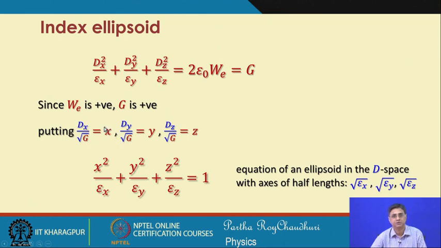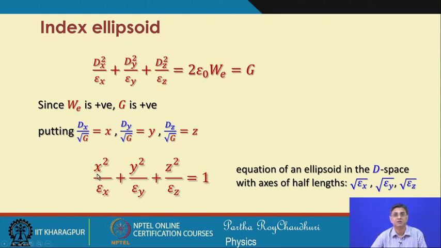If we assign dx by under root of g as x, and similarly dy by under root of g equal to y and so on, then this equation can be rewritten in this form, that x square by epsilon x plus y square by epsilon y plus z square by epsilon z is equal to 1, which you can recognize as the equation of an ellipsoid in 3 dimension. So, the equation of an ellipsoid in the D space is